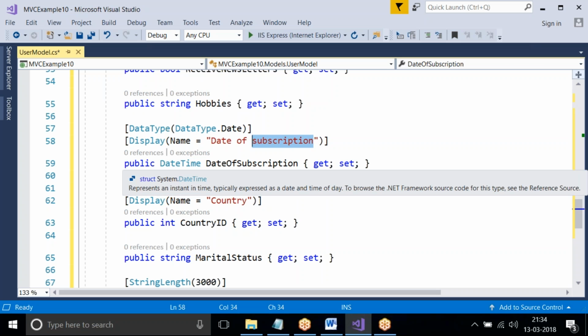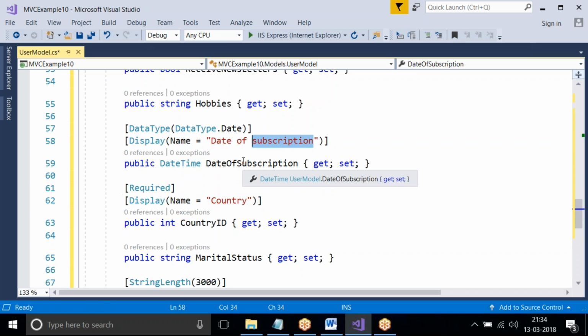When these properties are converted to labels and text boxes, the property name is used as the label text, and as the text box name and text box ID. See here, date of subscription is one word, there is no space.